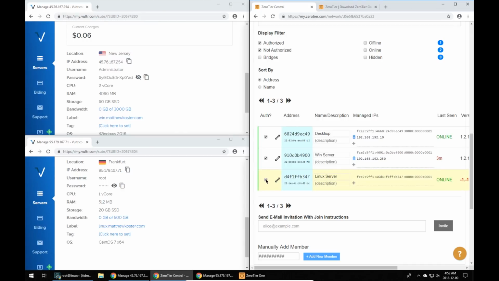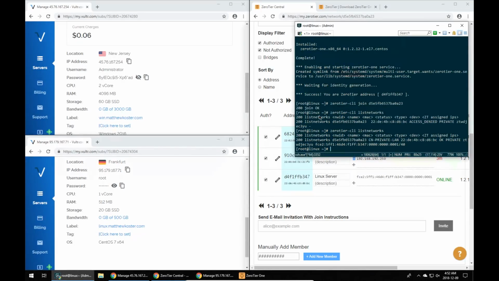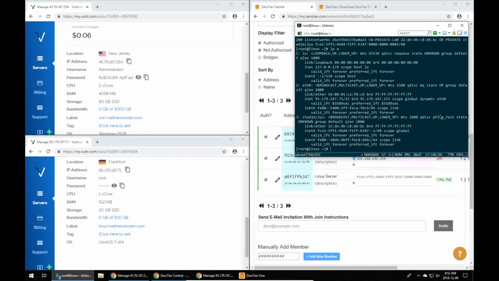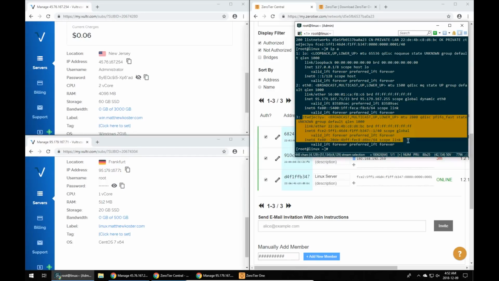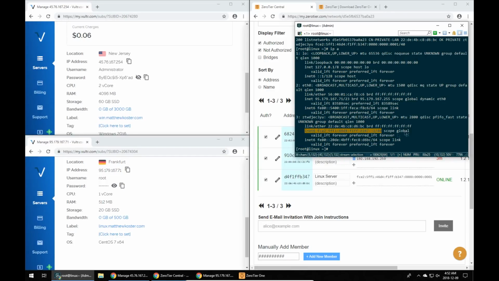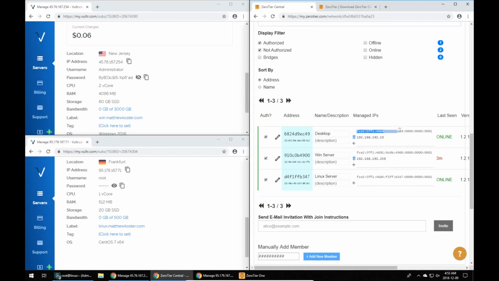We're going to say, okay, I want that server on our network, and I'll assign an IP address. Now, if I don't assign an IP address, if we go back to here and list the networks again, you'll see the access denied is gone, right? However, I still don't have an IP address. I have an IPv6 address, but I don't have the IPv4 on that network. And this may work, it may not work. Like you see here, they do have the IPv6 addresses. So it should work through IPv6 once it's authorized, but it won't for IPv4,